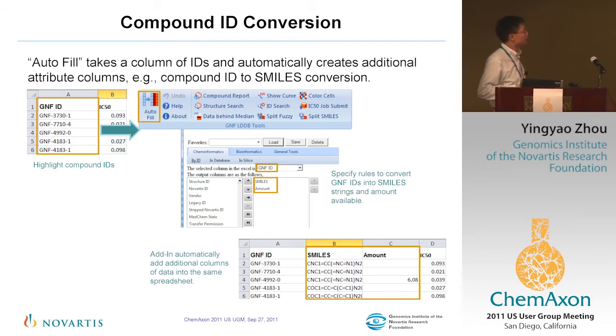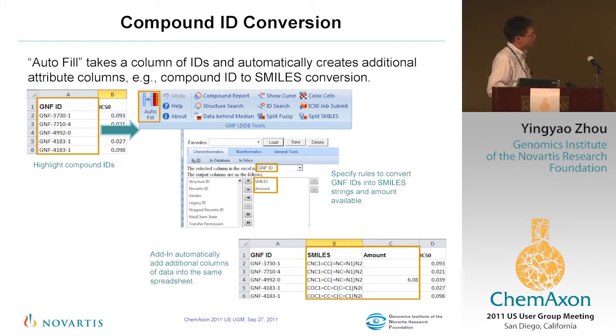The reason I call it autofill is because very often what scientists do within Excel is you have, for example, a list of compound IDs, and then you need to copy it, go to some database, grab the smiles or some other attributes out, and put it back into the spreadsheet. Autofill is a function where you go from a column of data and can grab multiple additional attributes